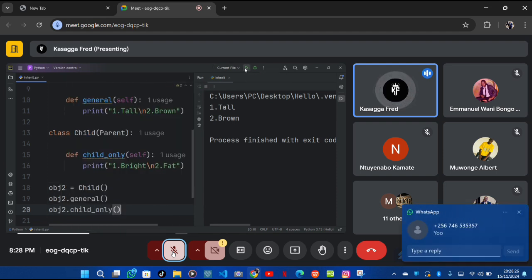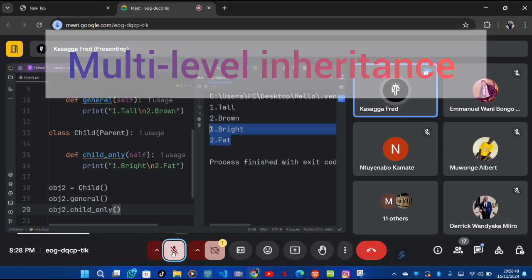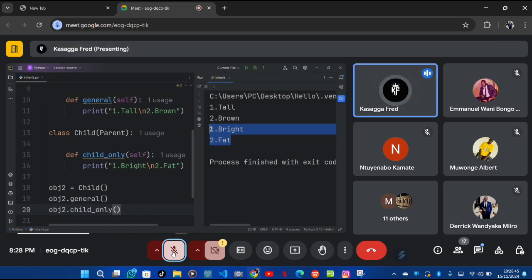So when I try running it again, I'll get tall, brown. So these two are from the parent and these two are for the child. So basically, that's what they call multi-level inheritance. It's like in order. It will be the parent having some characteristics, then the child will get some characteristics. Then, if the child produces other kids, they'll also get some characteristics connected to the parent, the original source